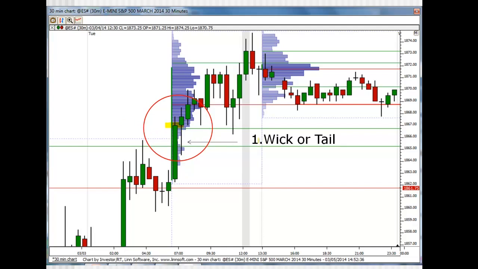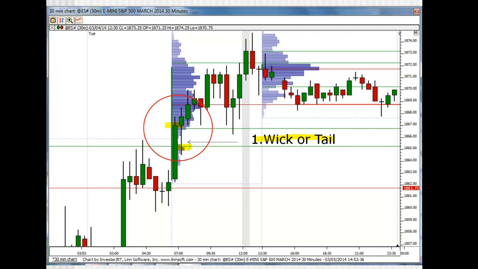The first thing that I see is a wick or tail, a long wick or tail on the candle, and notice that the tail begins right down here, and notice there's a volume node of a little bit higher volume, and prices shoot up, and we end up closing above the open. So what does this candle tell me? It tells me that